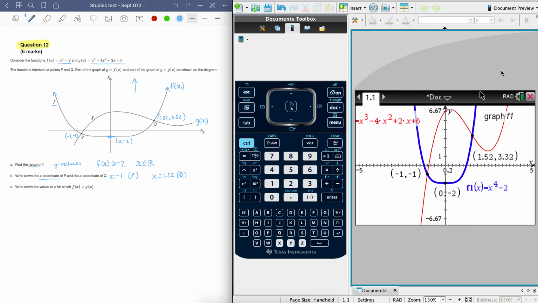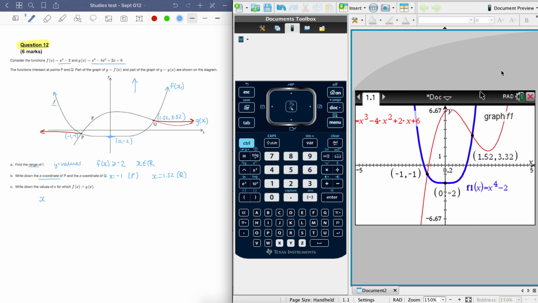So from our graph, what we can see is that, if I just change colour here, the values of x here, the f graph is bigger, and the values of x along here, the f of x graph is bigger. In the middle, f of x is actually smaller than g of x, so that part's not going to work. The x values that we just found are going to come in useful to help us here. So the first one is this left-hand side of the graph, so just here, and that part is going to be